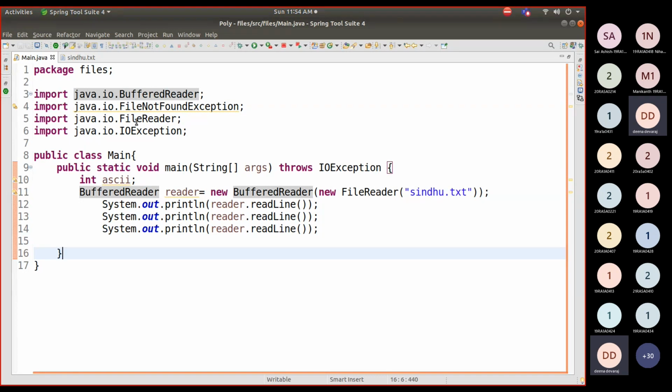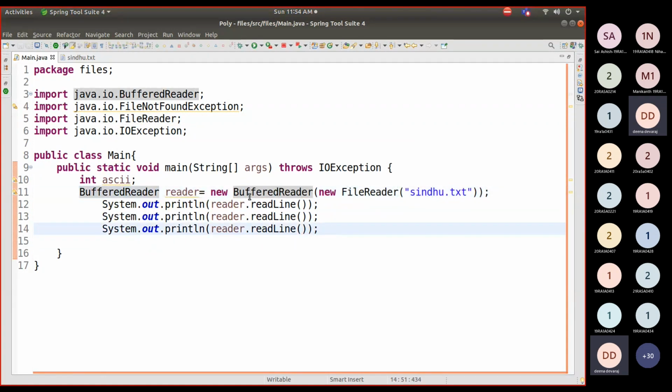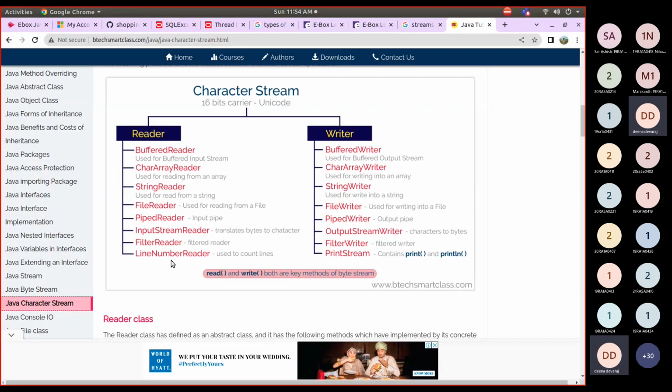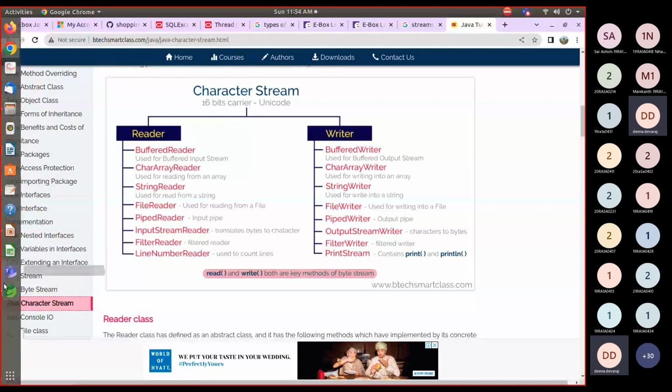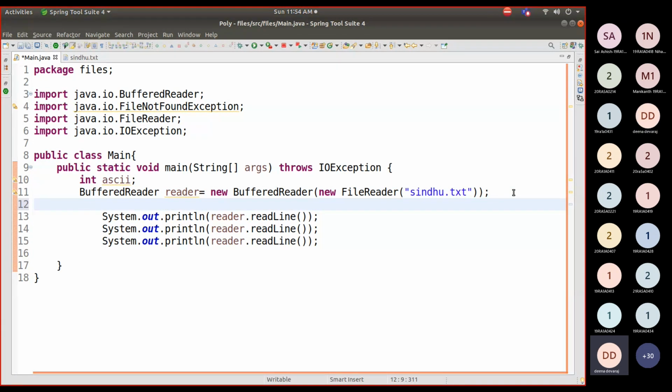If you don't like to go just by file reader, it's not like only file reader I have to use, or input stream or this buffer reader I have to use. There are a lot of file reader methods that you came to know, right? Any of these methods you can use. You can use InputStreamReader. You can use any of these classes to read. You can't use LineNumberReader; it is used only to count the number of lines. You can use InputStreamReader. Okay, that is all. That will also work fine. Any classes you can make use of to read the values. So here, okay,